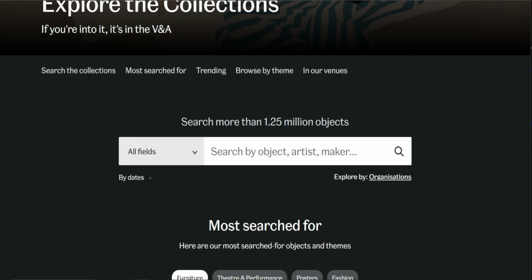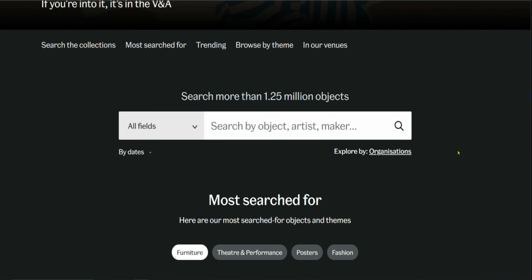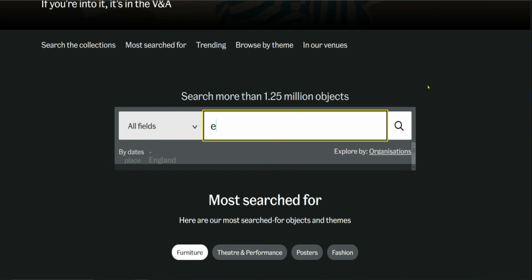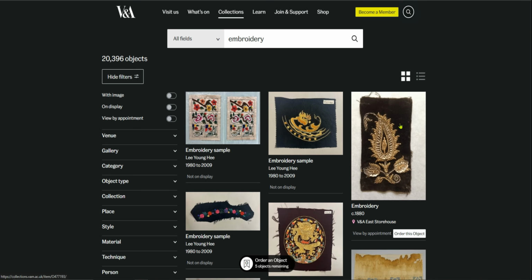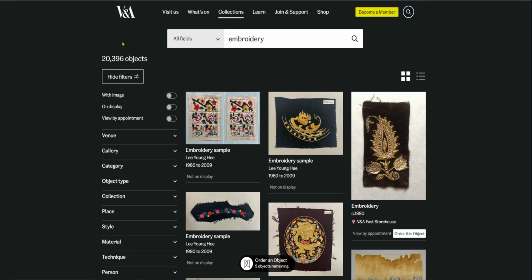It says 1.25 million objects. That's quite a lot of objects. So let's narrow it down a little bit. We're an embroidery channel, so let's look at embroidery. So I'm just going to type embroidery in that search box there. And that's narrowed it down to about 20,000 objects. So that's still quite a lot. So let's narrow it down a